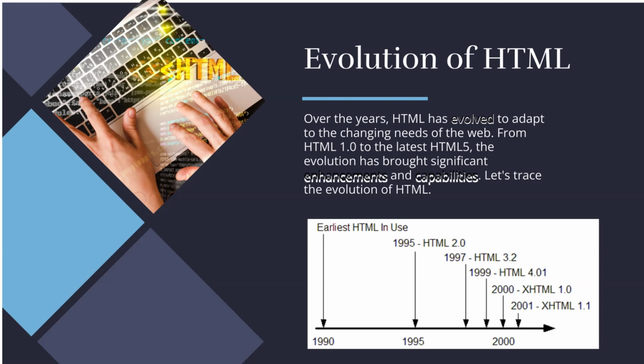HTML5 also brought about the end of the HTML versus XHTML debate, as it reintroduced some relaxed syntax rules from HTML4. In addition to these major versions, there have been numerous smaller updates and proposed specifications, such as the HTML Living Standard, which aims to make HTML a more agile and responsive language by updating it regularly. The evolution of HTML continues to ensure the language remains relevant, adaptable, and capable of meeting the demands of modern